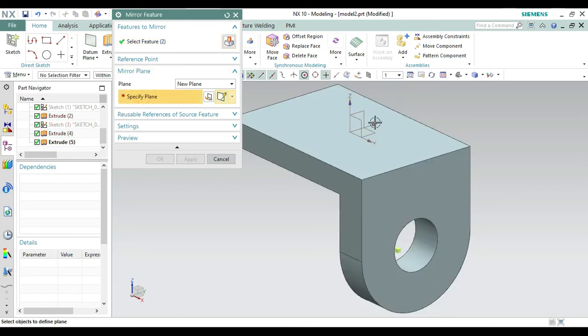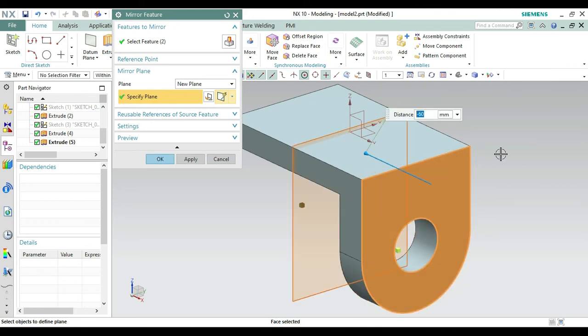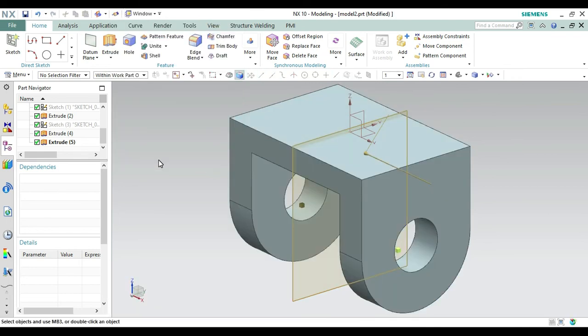Specify the plane. Let's select a new plane from here. There are two options. We select the new plane, specify the plane, reversing the distance of -60 like this, and let's make it okay. In this way we will get the opposite side the same.